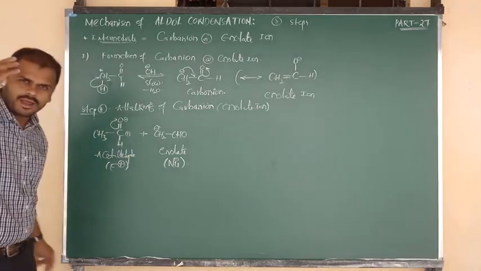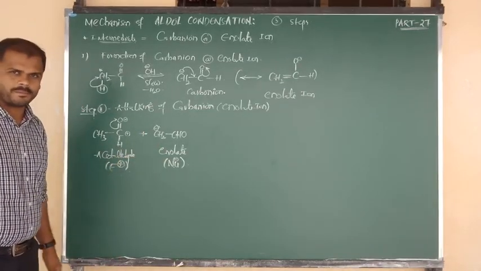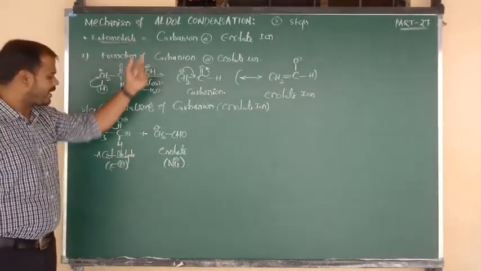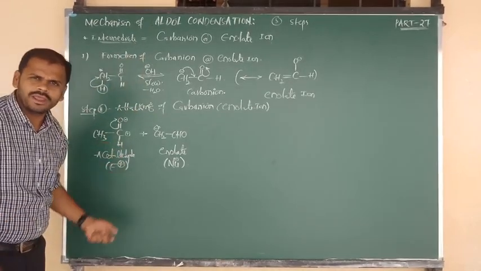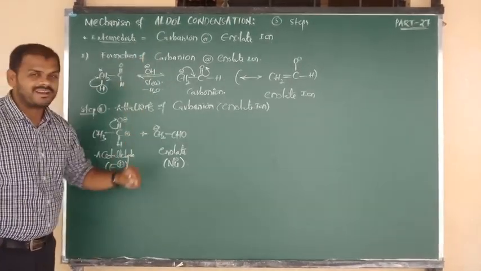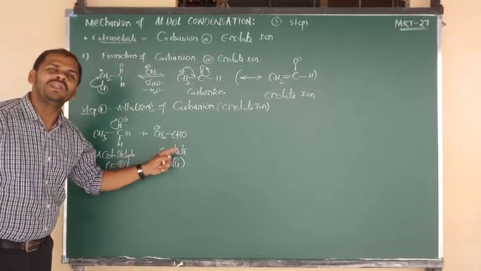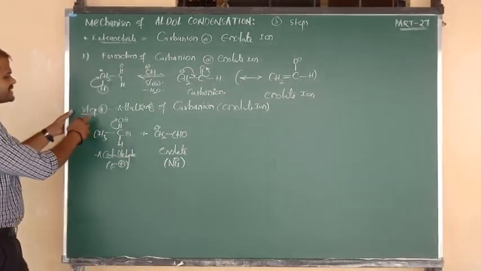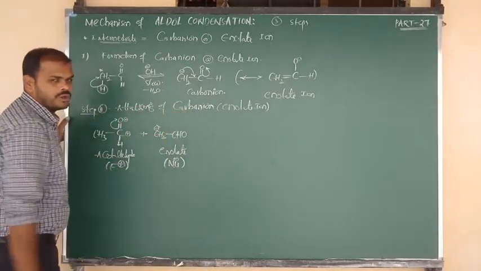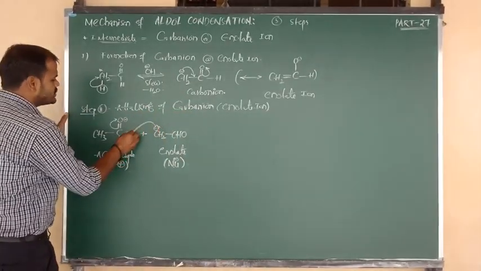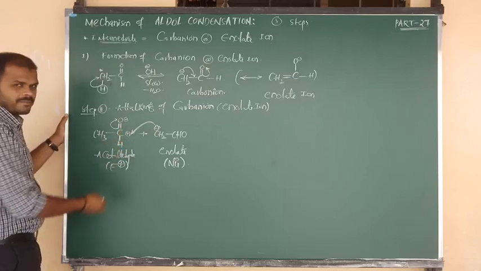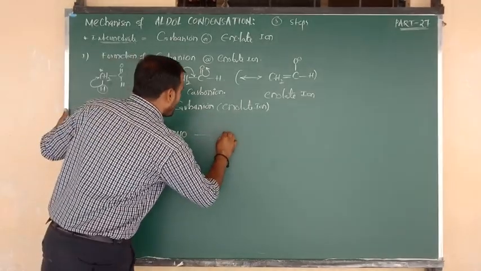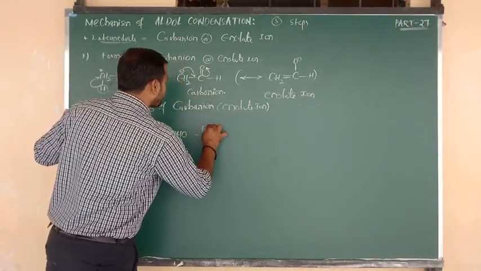This is fixed, you must remember it perfectly in your mind. So what is the electrophile in aldol condensation? Acetaldehyde or ketone. And what is the nucleophile in aldol condensation? That is nothing but the enolate ion, and also we can say carbanion. So as per the statement, attacking of carbanion is going to take place. So this bond is going to be delocalized here, minus attacks upon plus. Now attacking of nucleophile is the first step.